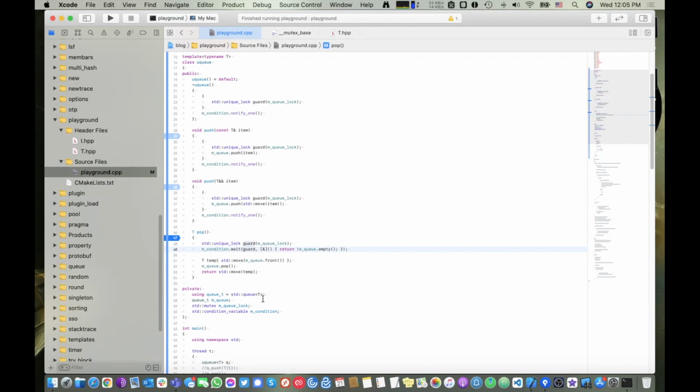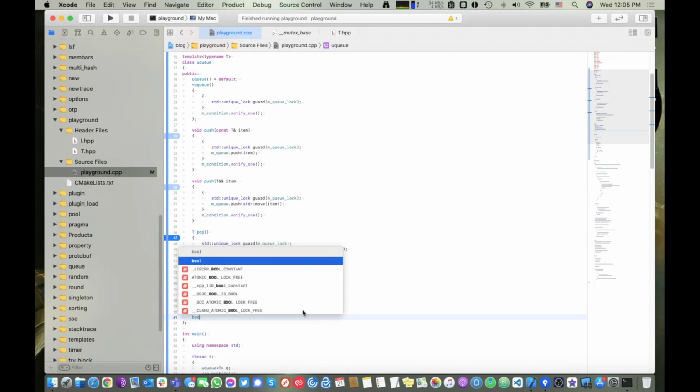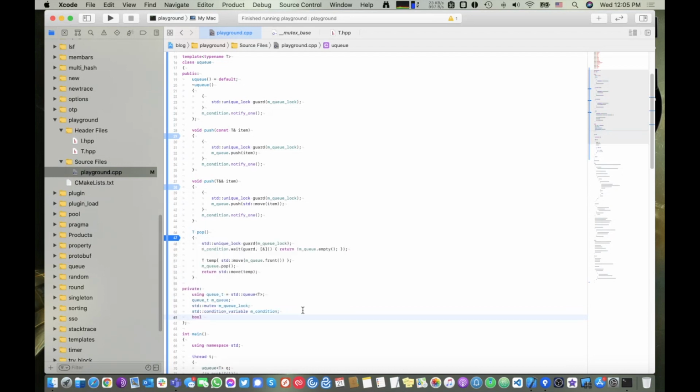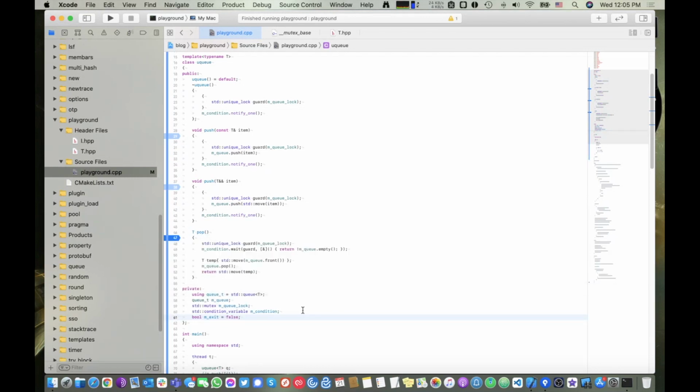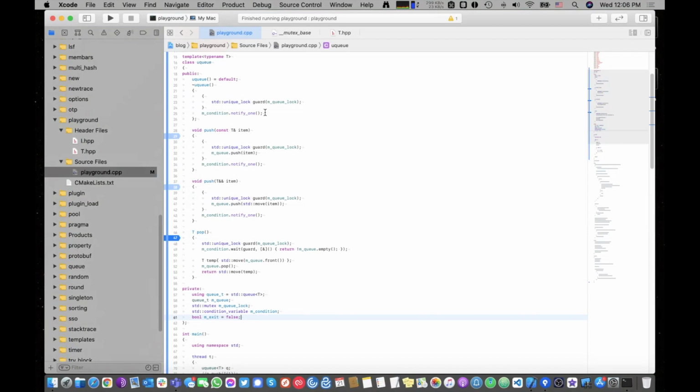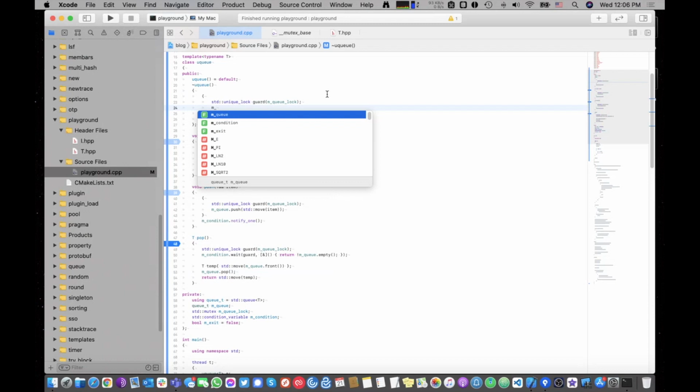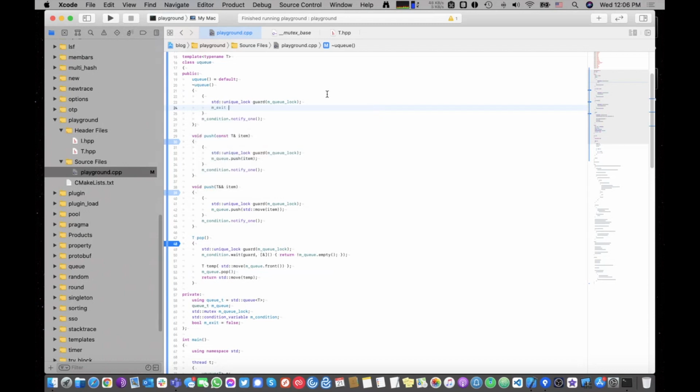So let's see if we can add a Boolean here. This will be another type of condition. Let's call it m_exit. We'll default it to false. And in the destructor, once we took the lock, we will say m_exit equals true. And then we will notify one,